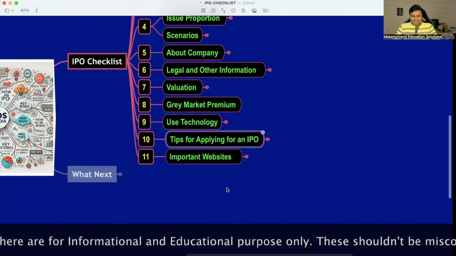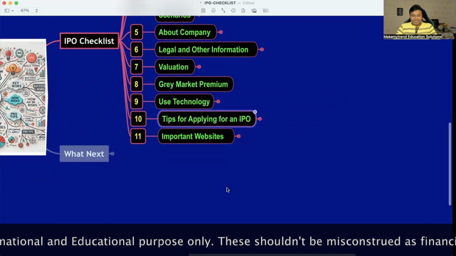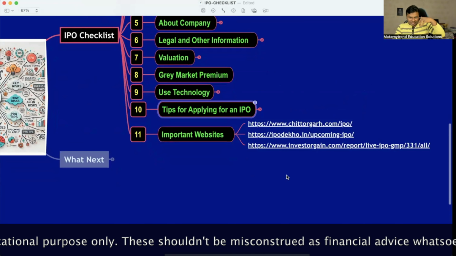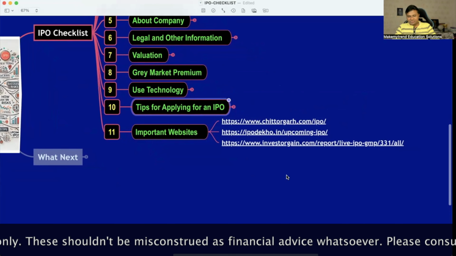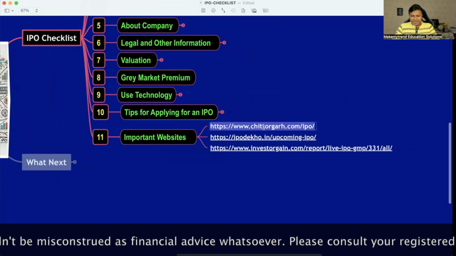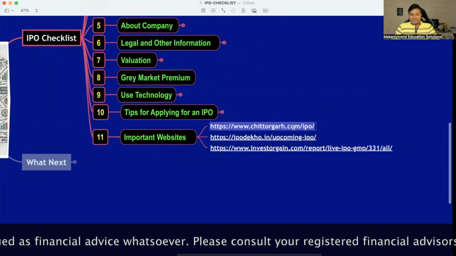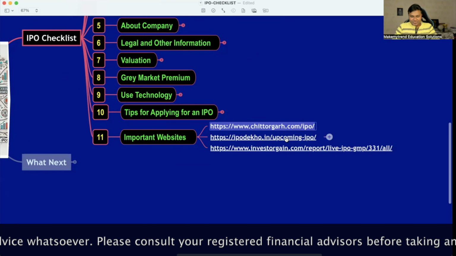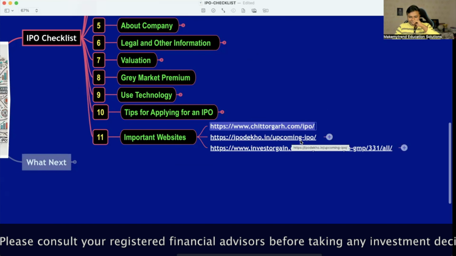Okay, now the next one is a very, very important website which I'm going to discuss right now. I'll be sharing the link towards the end in the description section, so no need to worry about it. This is a very, very good website called chittorgarh.com/ipo. Another is called IPO Dekho, for upcoming IPOs. The last one is called